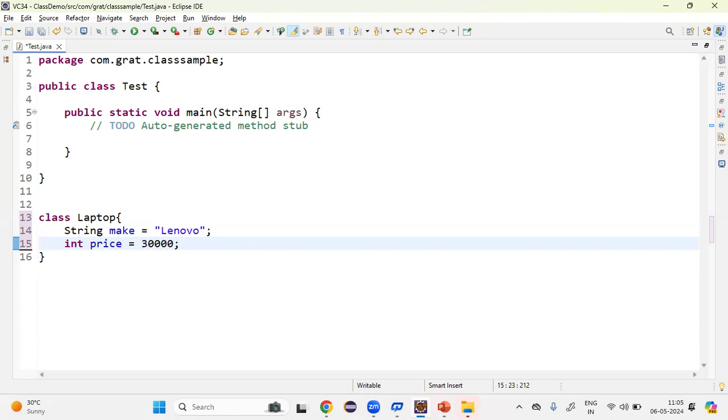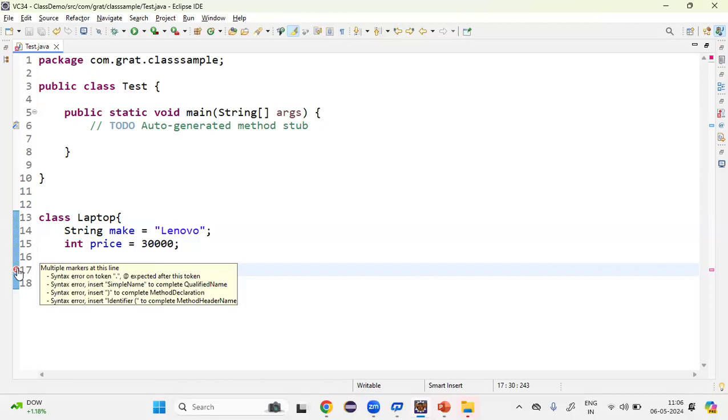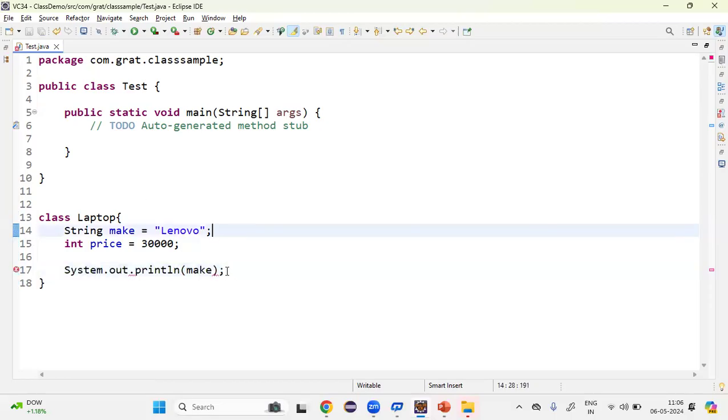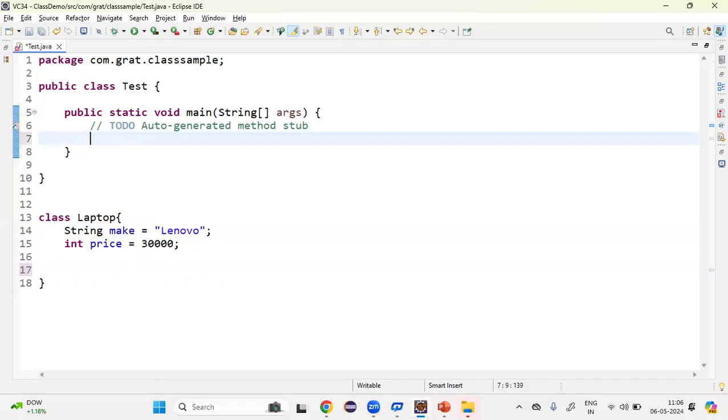Now from this, if we use a print syntax, System.out.println, and here I'm using make, semicolon. Is it accepted? No. Like we discussed, the print function is allowed to be used inside a method body or function body only. Because of that, it is not allowed in this. Then where can we use this? Since these two classes are present in the same Java file, now from the main method, can we use the